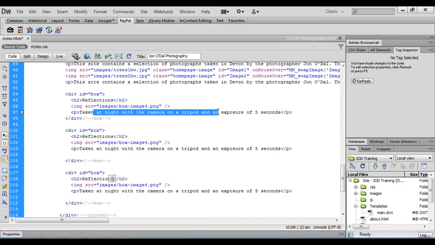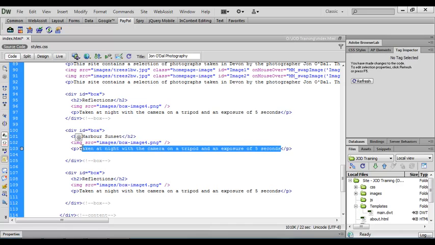We've got our paragraph of text. Now the second box, the title for that one was Harbour Sunset. And again we'll update this text, and for the harbour picture the text in there is